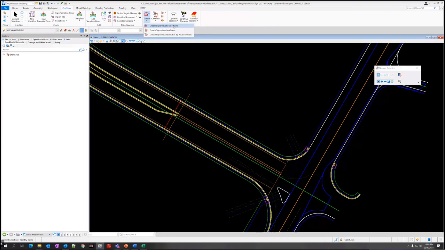So create super elevation sections does have the option not just to select an alignment, but also to select a corridor. So when you select a corridor, it'll use the templates that are in that corridor to build the super elevation lanes, and then it goes through all the steps. So it makes things a little bit quicker. There's just a few quirks that we're going to have to be aware of. All right, so I'm doing create super elevation sections, first one in the list.